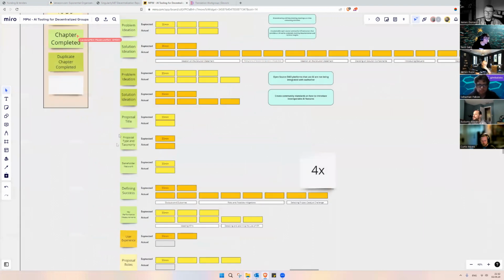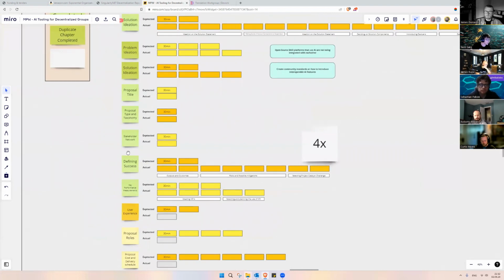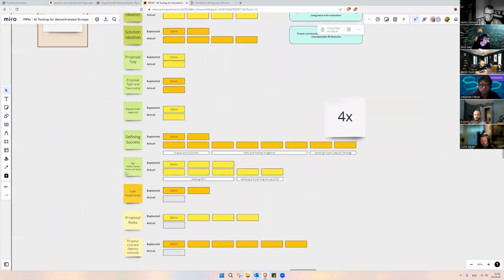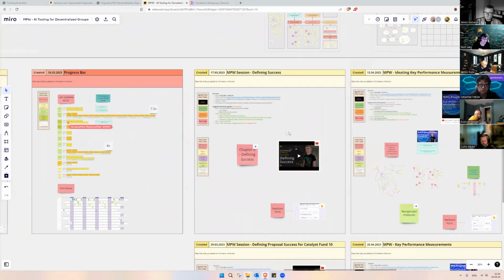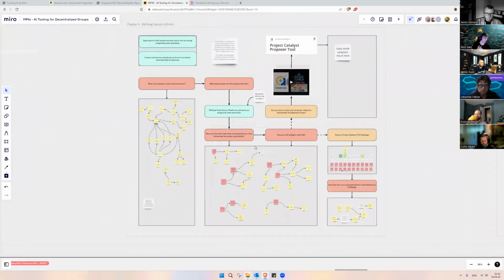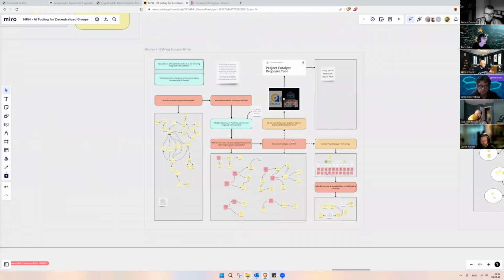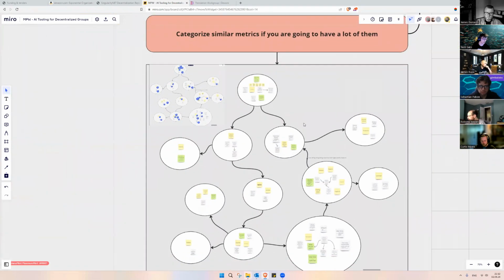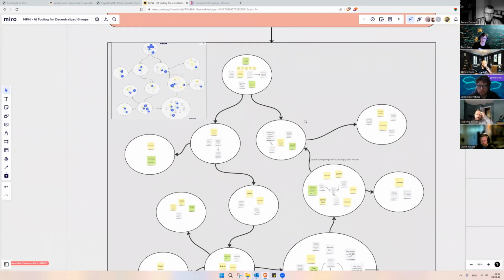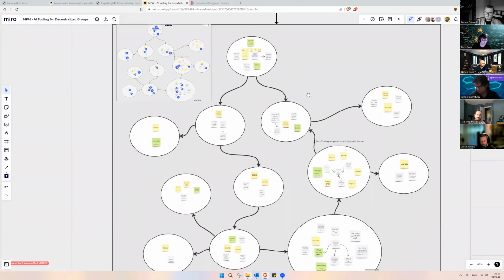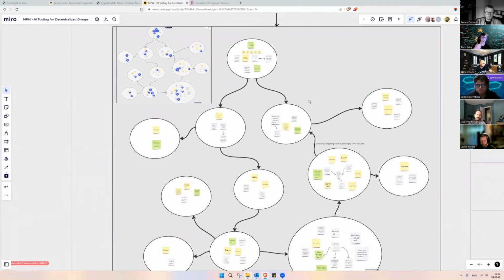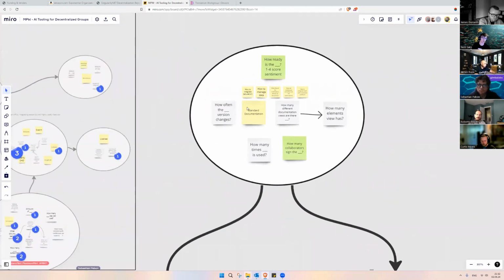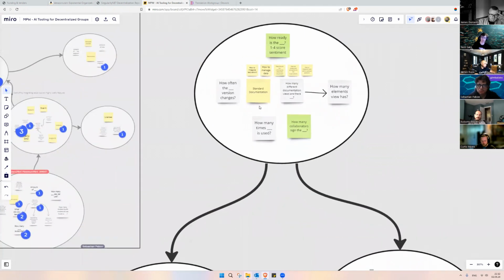In the middle, we had the proposal title section, a taxonomy, a stakeholder network, and then we recently finished defining success and key performance measurements. If I move right, you will see all of these sessions and what you can look at afterwards. I will go back a little bit to chapter 7, because this would be a good starting point to get the idea of where the components are and what we are actually trying to snap off into user experiences. So at the top, the goal is to have standard documentation of how we integrate